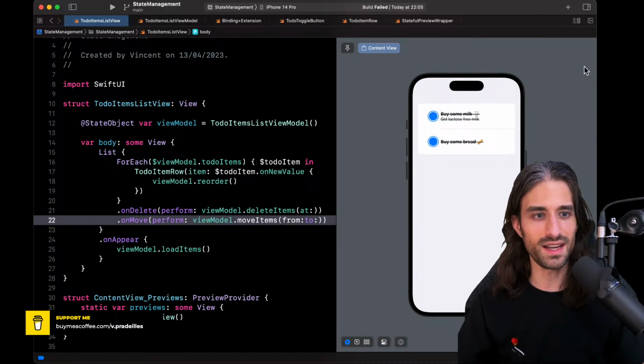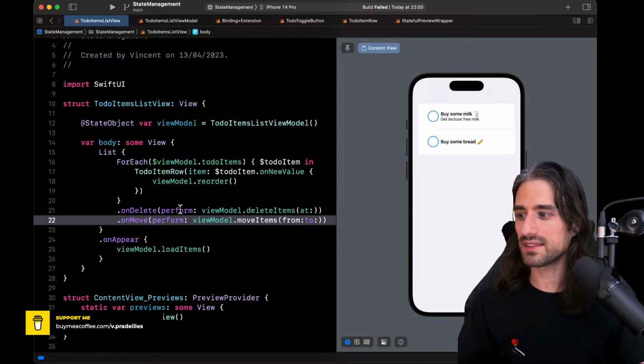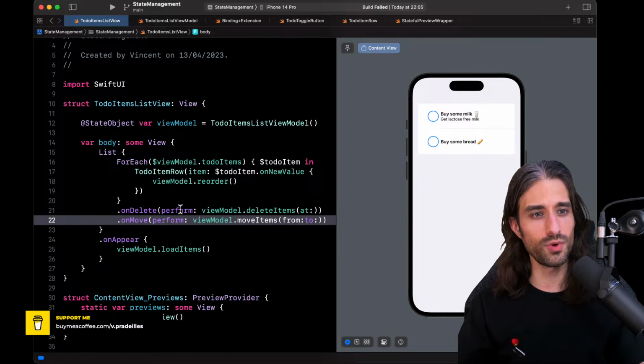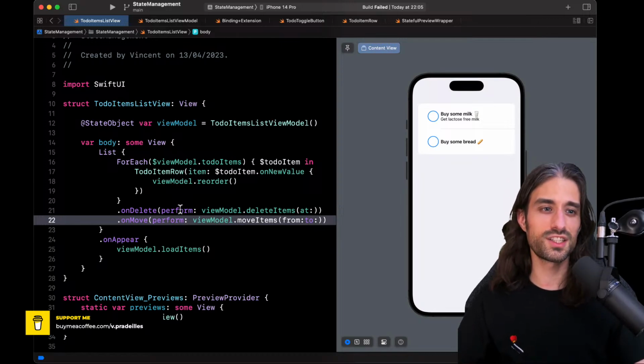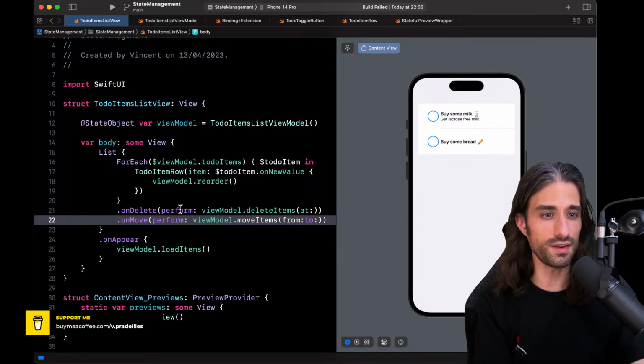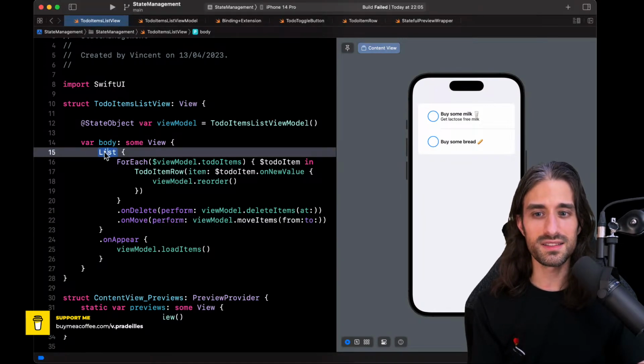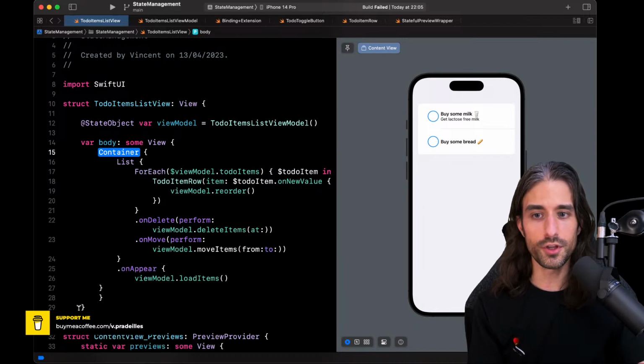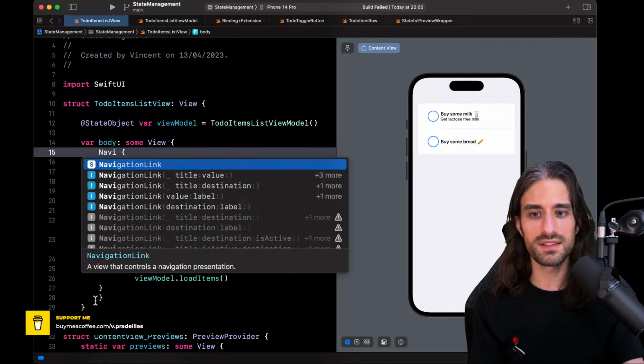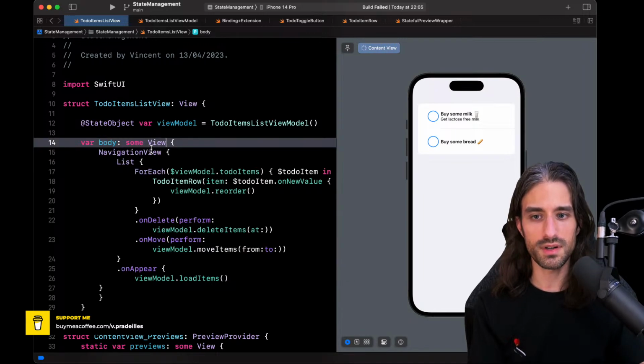You might notice that there is actually no control to move the elements. That's because to do that, we need to put the list in edit mode, and I'm going to show you that, because it will force me to have a navigation view, which is perfect, because the next chapter, so next week or the week after, will be about handling navigation in SwiftUI. So let's put our list in a navigation view. Not hard, just need to embed it in a navigation view like that.